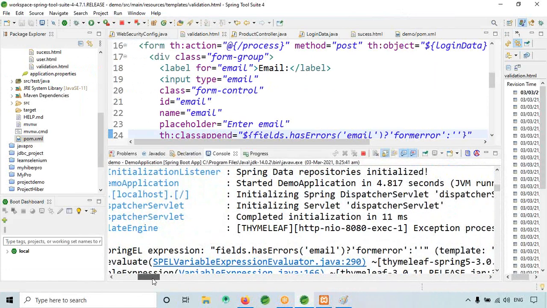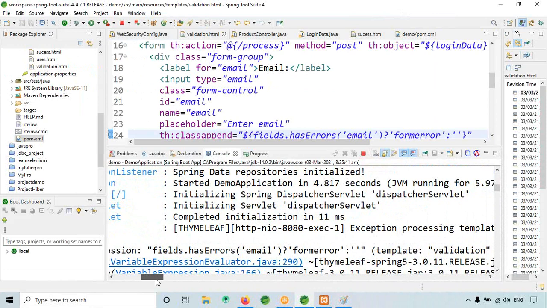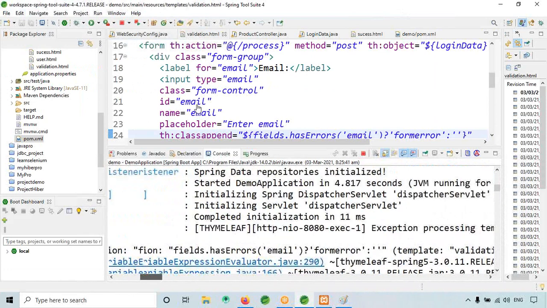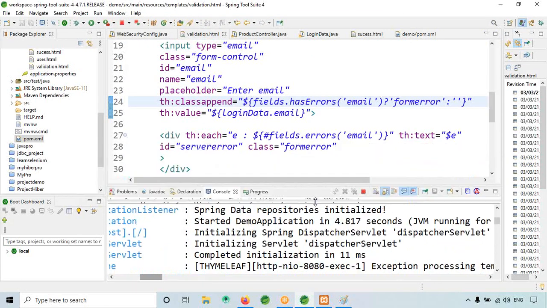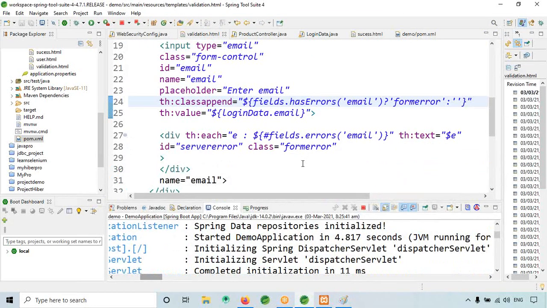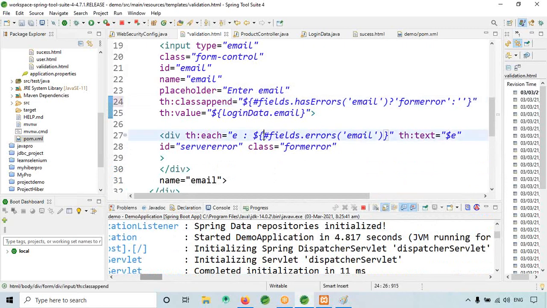This time line number 24, only here there is some error. Th class append. See here, we have to give ash here. Here we are going to write ash fields, like this, ash fields dot has errors email form error. Okay, I think now it should work. Let's see.